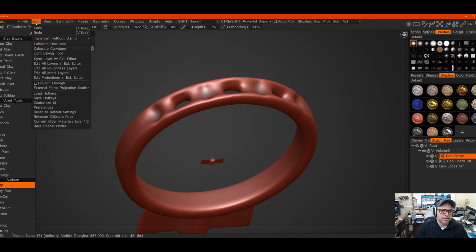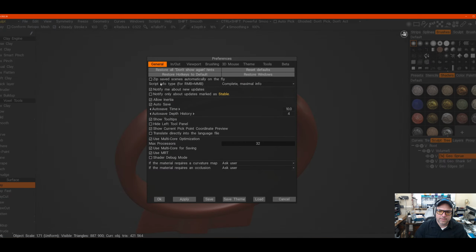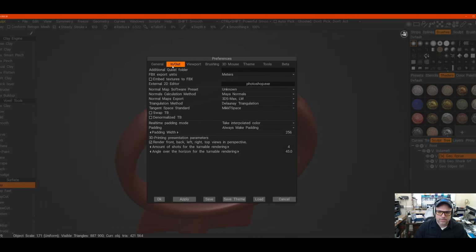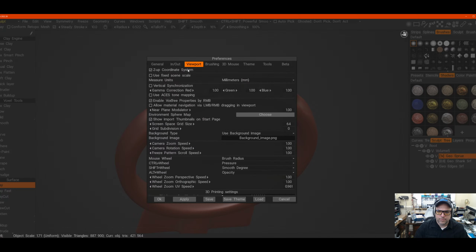thank you, Anaz, I would have totally forgot about this. If I go to preferences, I can say in, out, viewport, Z up coordinate system. Okay, so I'm using a Z up coordinate system, which I do not think is the default,